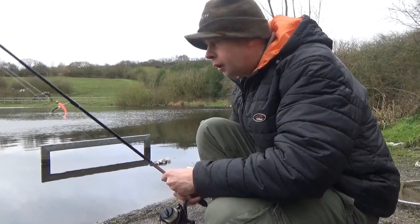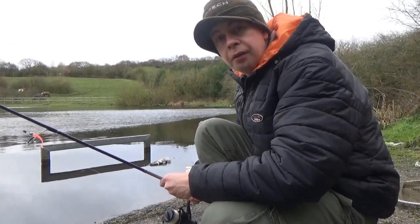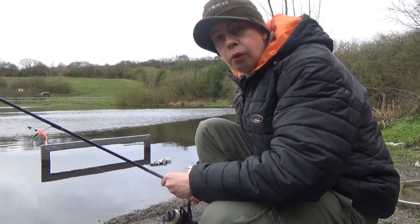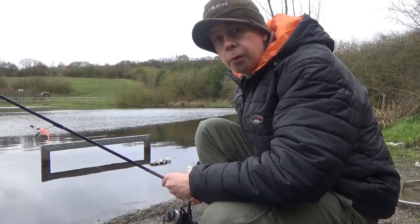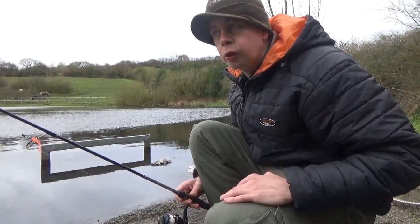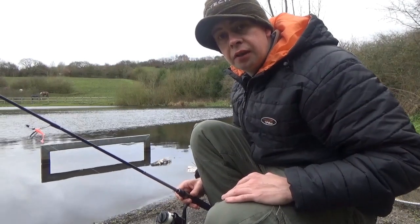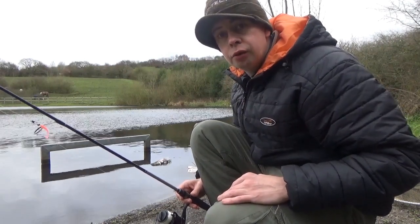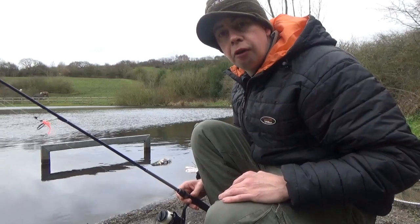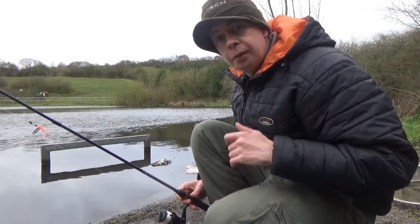But sometimes, little things like this here. This is a fishing platform, but it's actually submerged in water. And I'm hoping that there'll be perch underneath there. Those are the sort of places that the perch will hold up, shelter, ambush points for attacking prey as they're swimming past, such as small roach or small fry. So I'm going to give that spot a try now and see if we can get a fish from there,